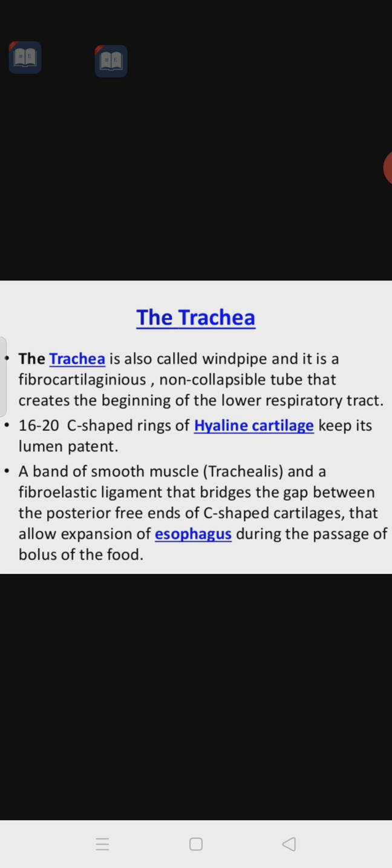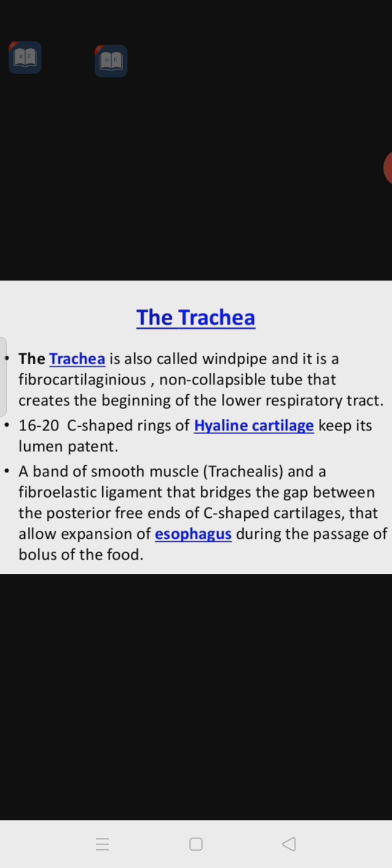So at the start, after the mouth, we have the pharynx, in that region, or in the neck region, or we call it the throat region, there is one part that we call the epiglottis. So the epiglottis prevents the entry of air into the esophagus, and also prevents the entry of food into the trachea. Like that, the part is there.